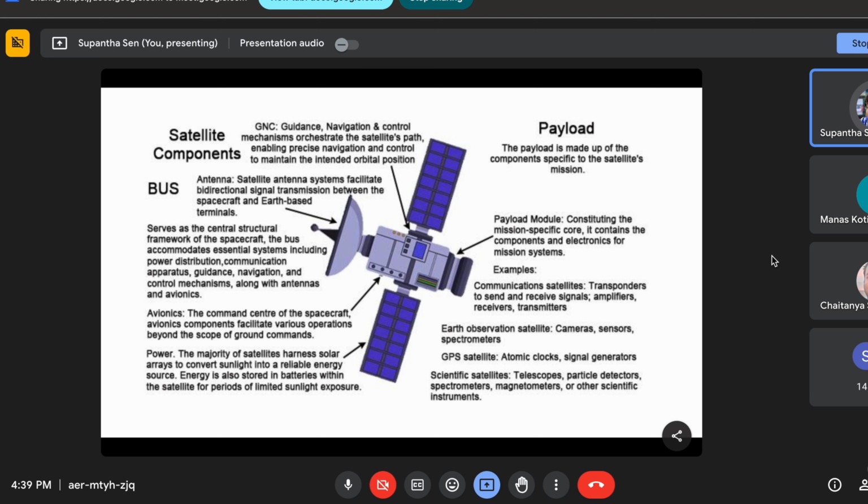So what is the star sensor? Your satellite will have some sensors that will point towards some stars. As you know, in earlier days we used to navigate based on seeing the stars. Actually some constellations or some stars are there whose positions are constant.